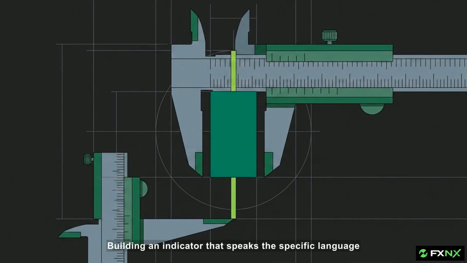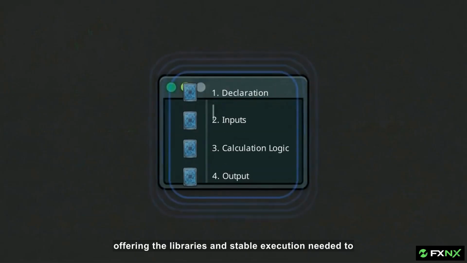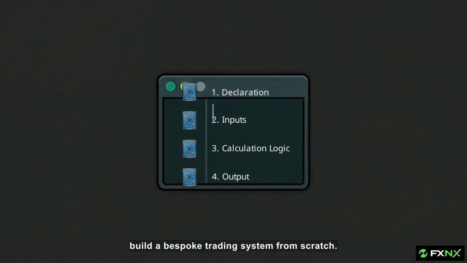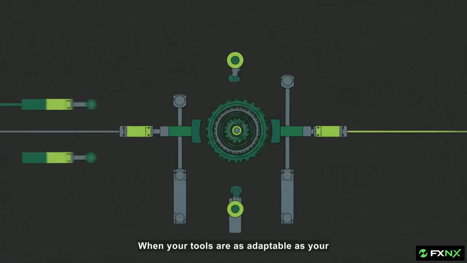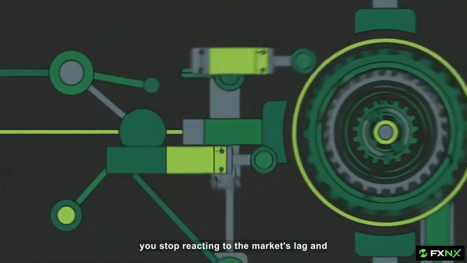Building an indicator that speaks the specific language of a single strategy allows for precision that generic tools can't provide. PineScript v5 is the current industry standard for this transition, offering the libraries and stable execution needed to build a bespoke trading system from scratch. When your tools are as adaptable as your risk profile, you stop reacting to the market's lag and start executing